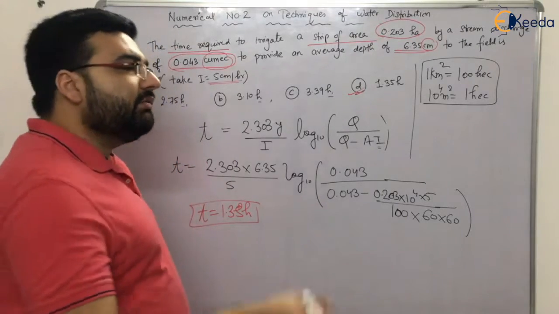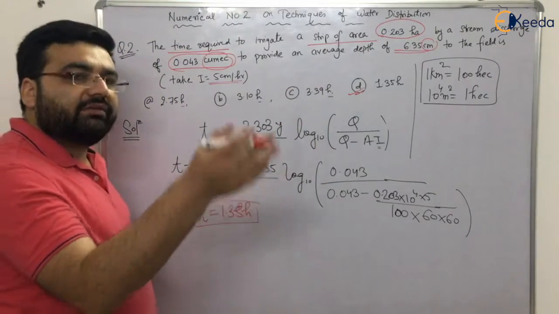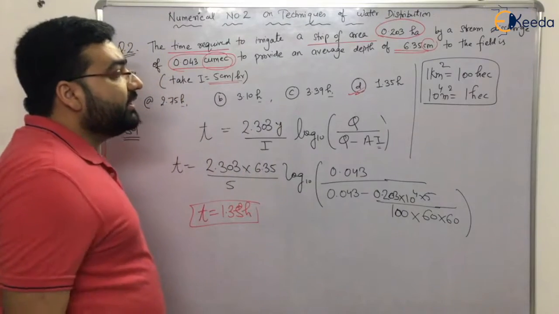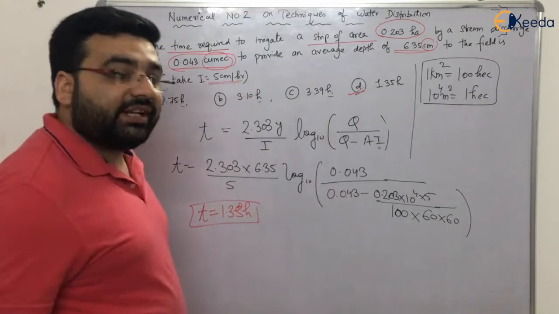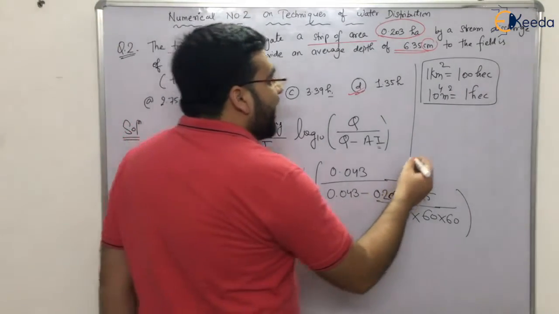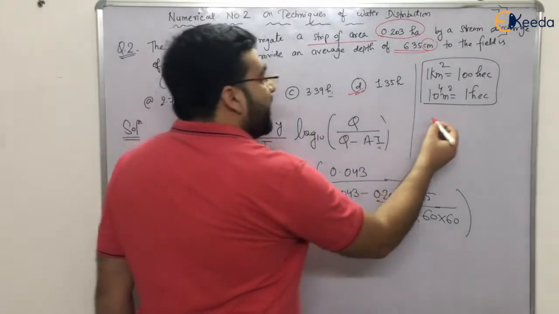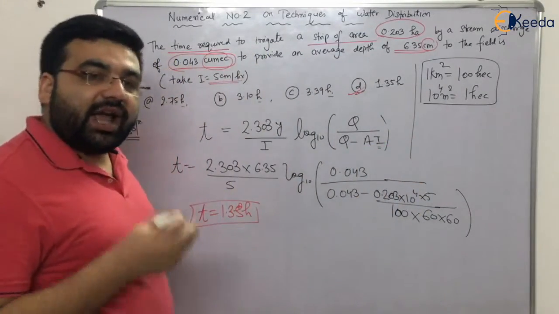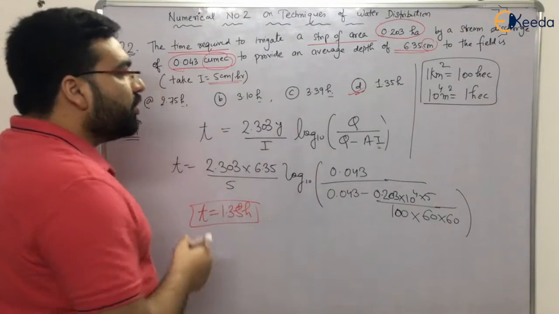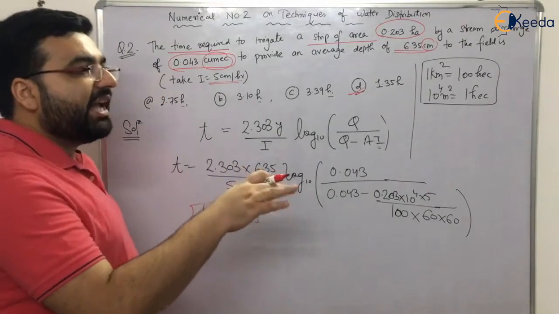This type of calculator we were using earlier, in 2014, 15, 13, right? But nowadays we are not using this calculator. We have an on-screen calculator, right? So for an on-screen calculator, what I can recommend is that if you are using an Android smartphone, then go to the Google Play Store and type scientific calculator for GATE.